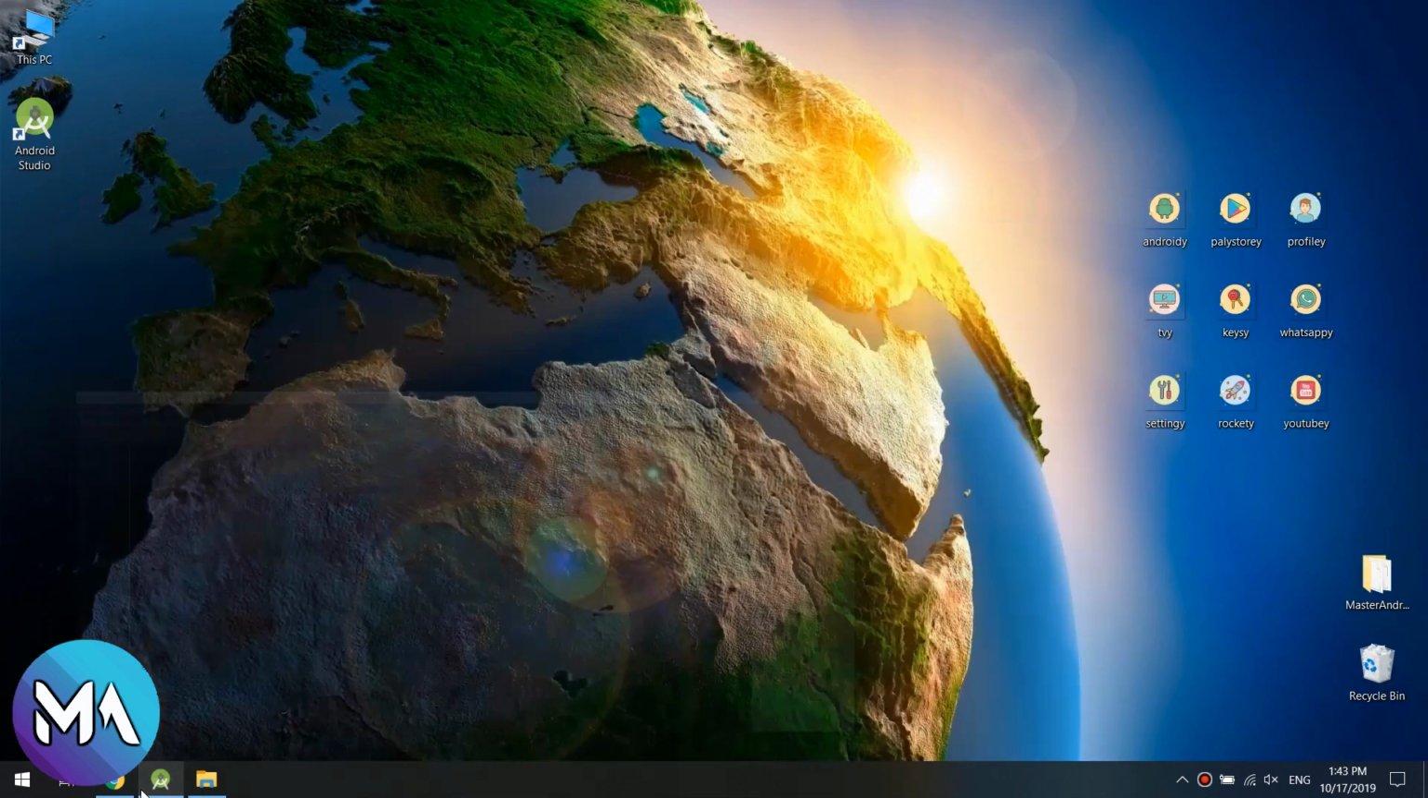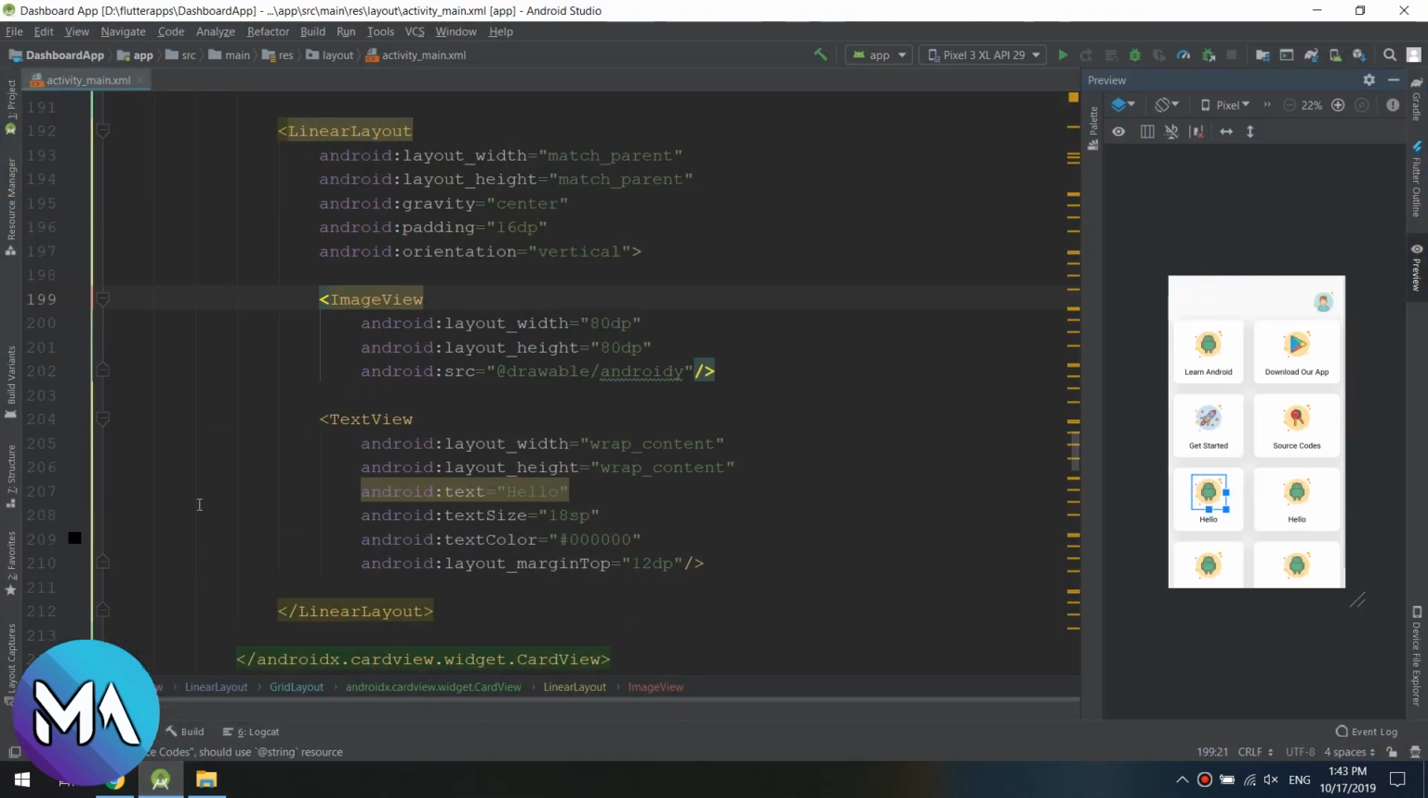I'm just configuring the icons, changing the text,